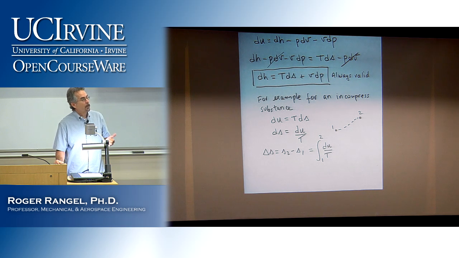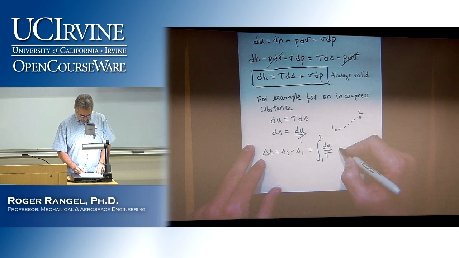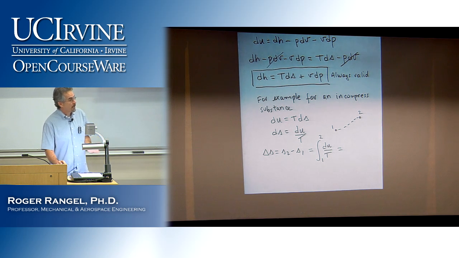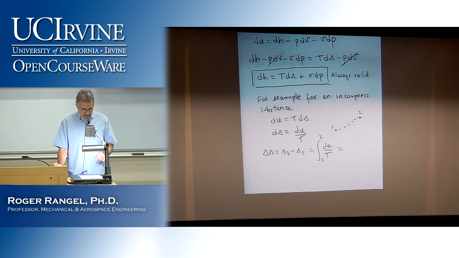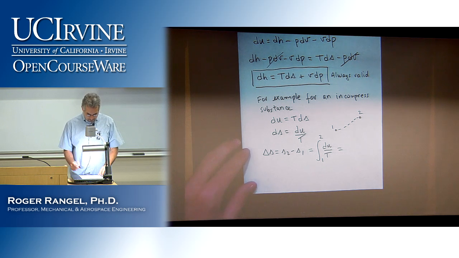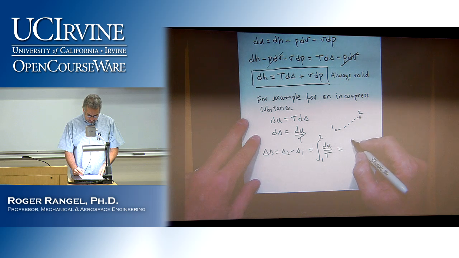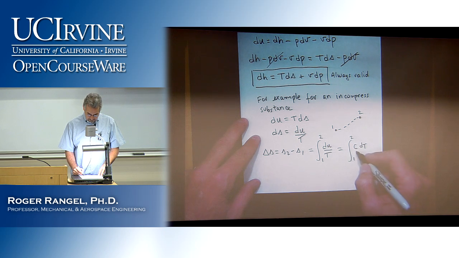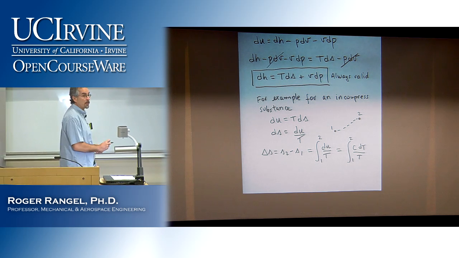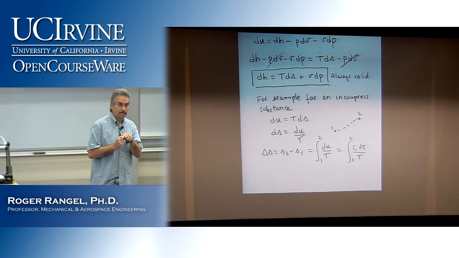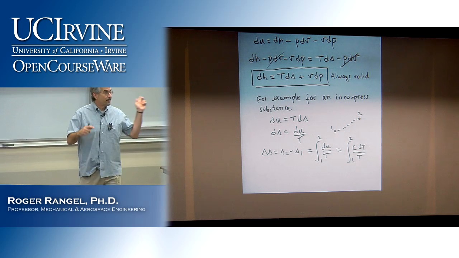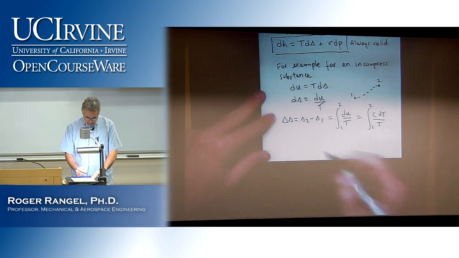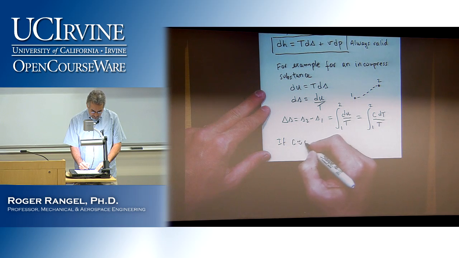And now, when we learned about specific heats, we learned that we can write du for an incompressible substance as the product of C, because it's an incompressible substance, we don't make a distinction between Cv and Cp, just a specific heat. So we can write this as the integral from 1 to 2 of C dT over T. And now it's getting to a place where we can almost finish the problem if we make one more assumption about the specific heat. What can I assume about the specific heat to make our life very easy? Assume that it's constant. So if C is approximately constant,